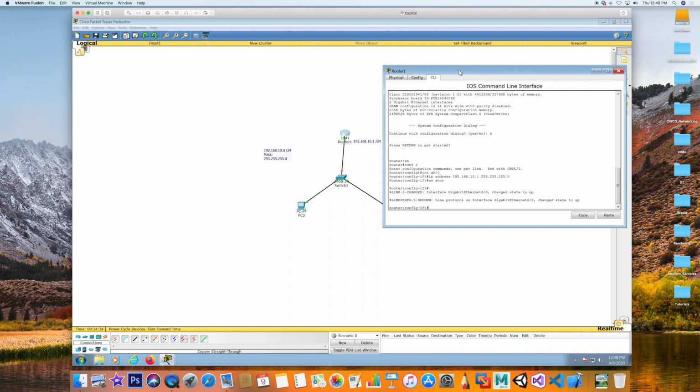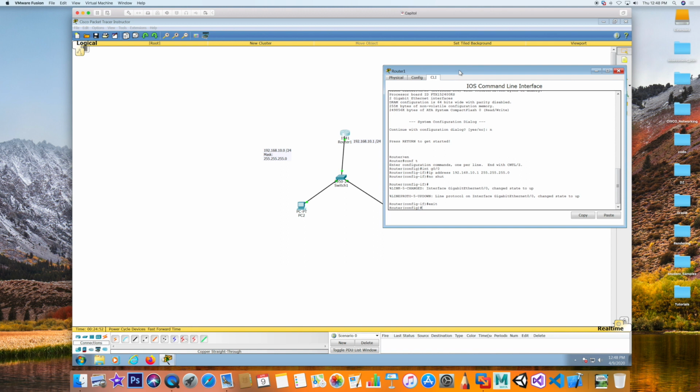One of the things we're going to do is we're going to exclude this particular IP address that we assigned to G0/0 since it's a static IP address. We don't want that to change. We want that to remain our default gateway. So we'll start with that. So before I do anything, let me hit exit and be in this mode. Okay. Now I'm ready to do IP DHCP